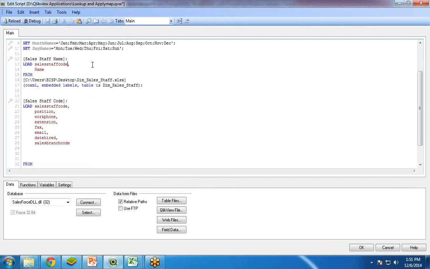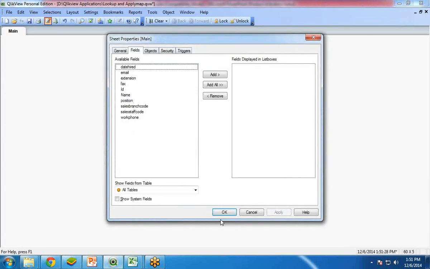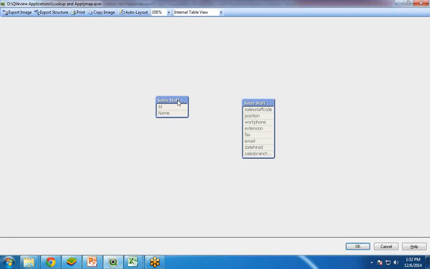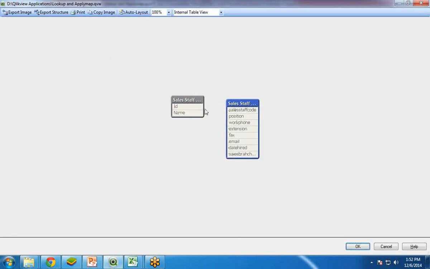I rename this column as ID over here, and now if I save and reload it and take you to the data model, see now there is no mapping between them, no joining between them, right?